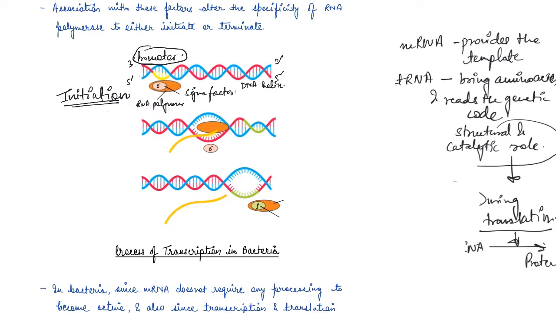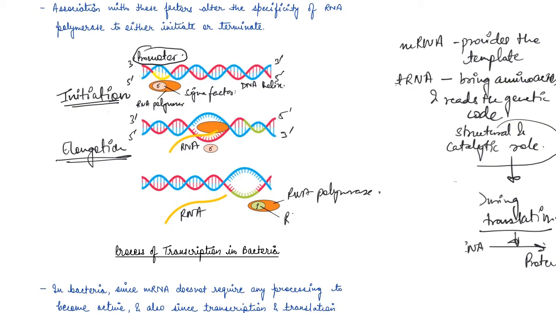So here, you are seeing the next step: this is the RNA being synthesized. Remember, this is the 3' to 5' region, and this is the 5' to 3' region. Now, you can see the helix opening and RNA getting produced. So basically, here you can see elongation, and then the RNA falls off, and along with that, the RNA polymerase also falls off. This is known as the rho factor.